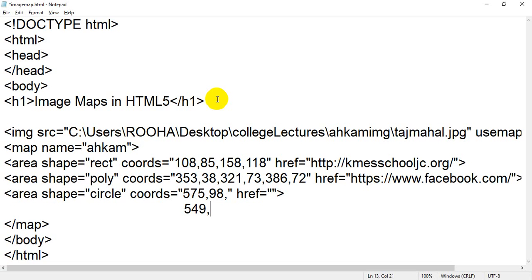So the second value is 113. Now student, this is very important. It means you have to take the coordinates of the center which you have taken. Now the third value you have to take, you have to do a certain calculation.